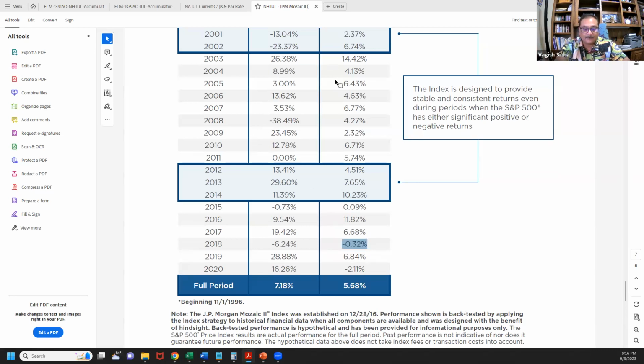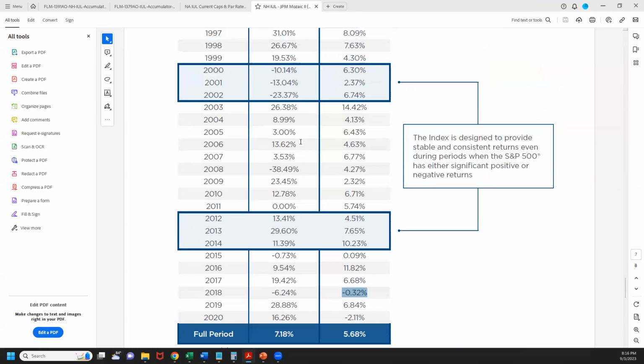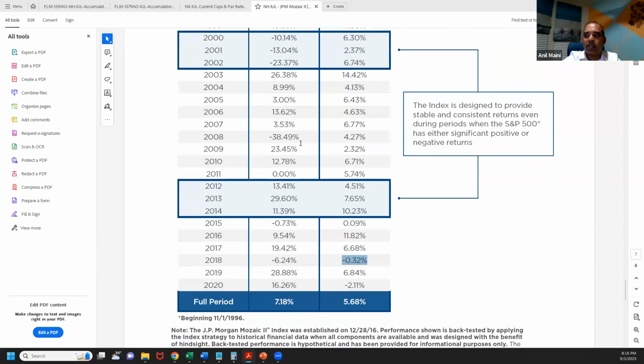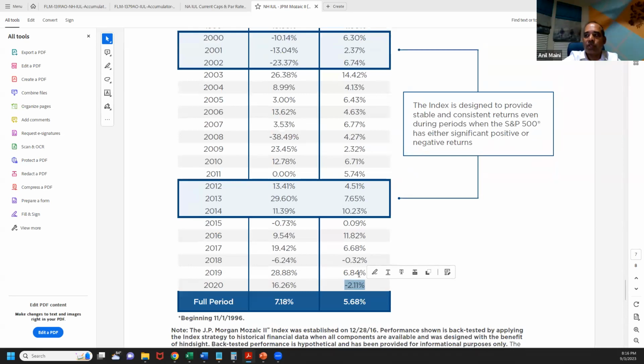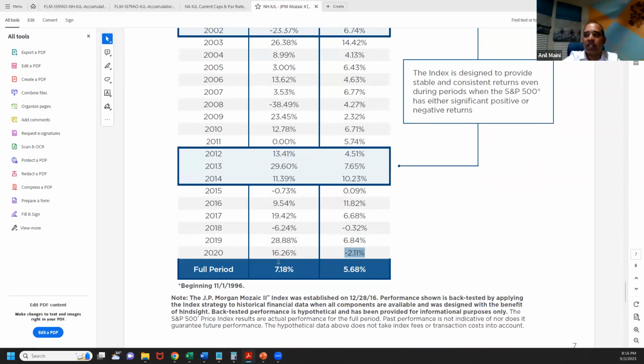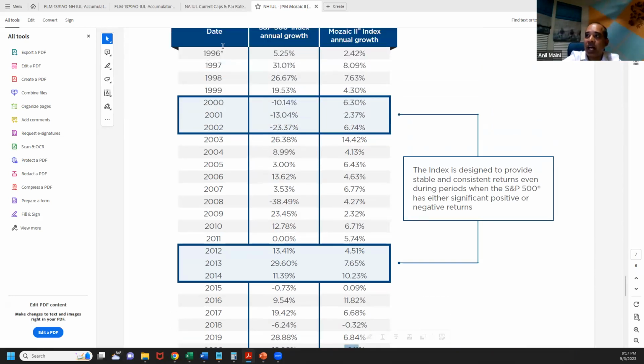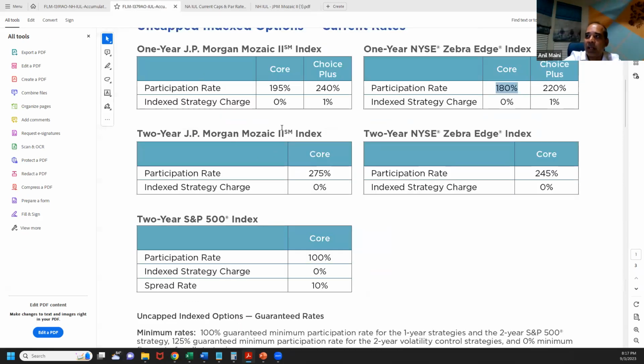It's pretty balanced. But what happened in 2020? We don't know what happened. Basically, whatever their algorithm is, it didn't perform that well. But what I mean is the high participation rate will overcome whatever deficiencies are there in these indexes in the long run. Okay. And if we choose the S&P index, then 100% participation rate is there